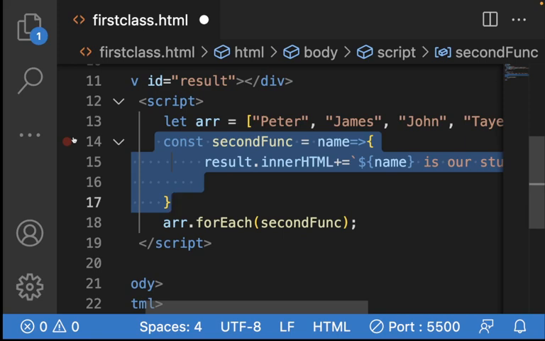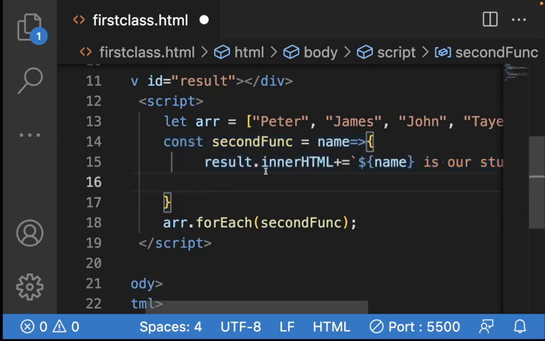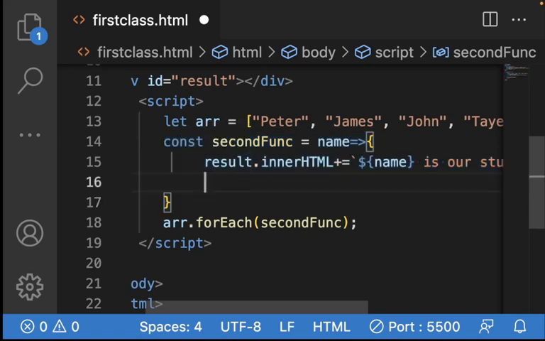Map also does the same thing. It runs a set of codes based on the number of items in an array. So it's actually similar to for each in that regard. The exception is that map returns a value. For each does not return any value. So, for you to understand this, that for each does not return a value,